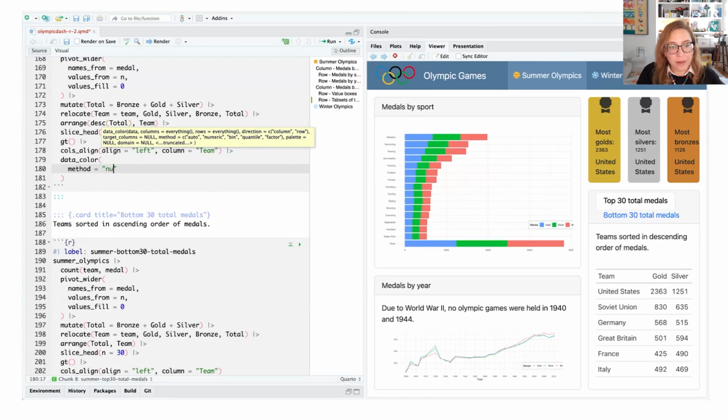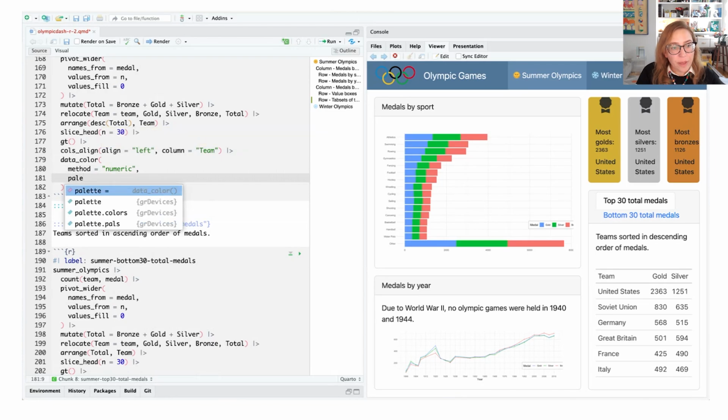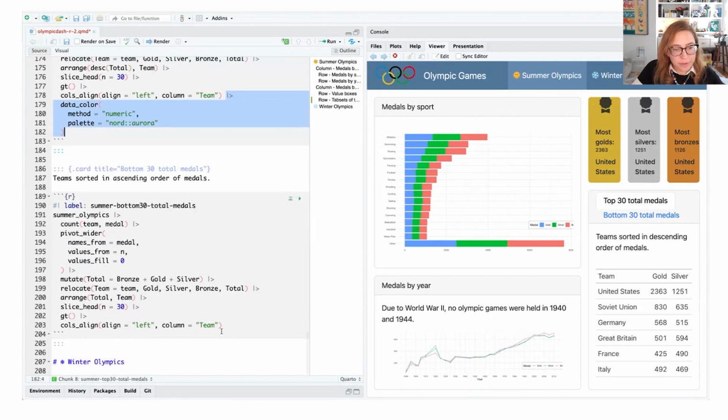This is going to be a numeric variable, so we'll set method to numeric. And for the palette, I'm going to use a palette from the Nord package. And let's go ahead and do that for both of our tables.